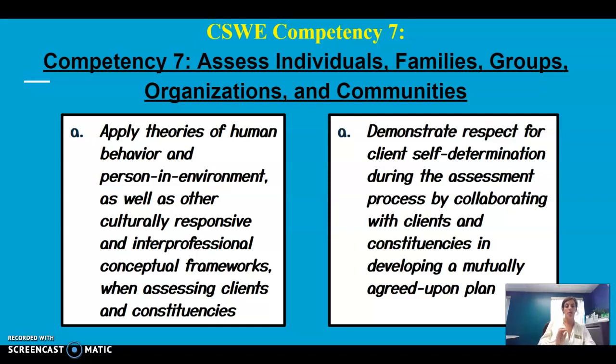Something we're going to continue on in this course as well, because it's a huge piece of the code of ethics that clients have the right to determine their care, whether or not we perceive it to be what we think they should do. They have the right to determine the direction of their care. So we'll talk a lot about that in class, about what that looks like when it conflicts with what we think should be happening, and how you process that conflict.